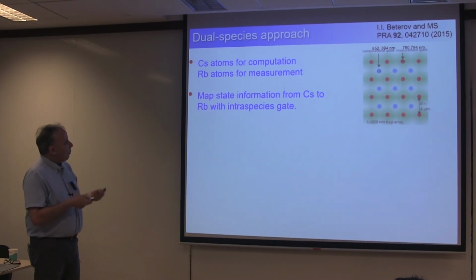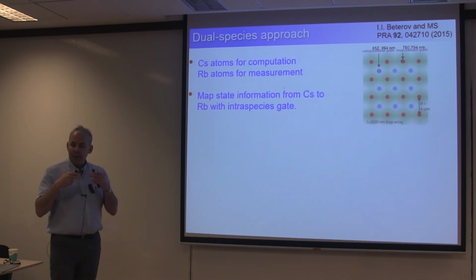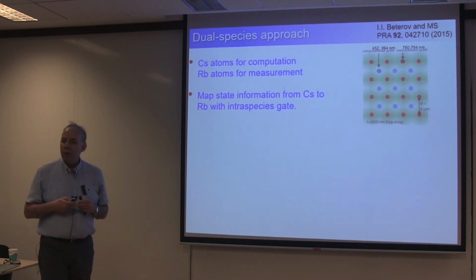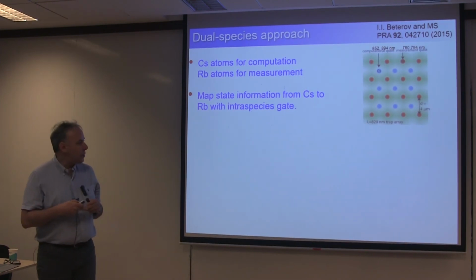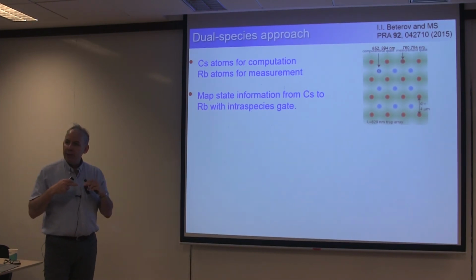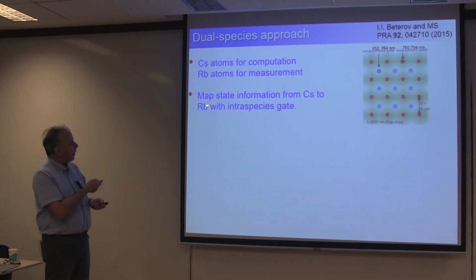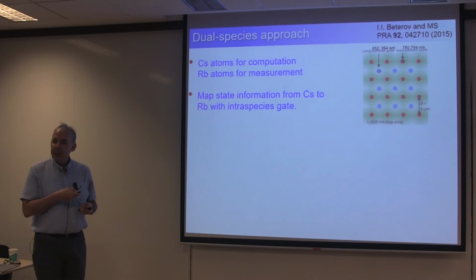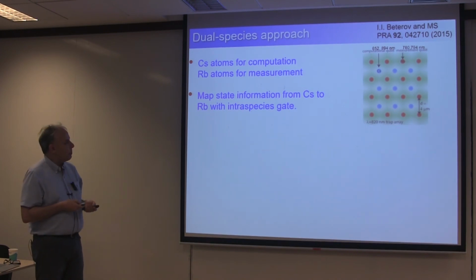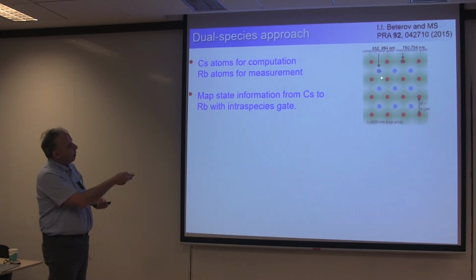So we can do that using a Rydberg interaction because these highly excited Rydberg states are present in any atom or molecule you might want to consider. And it turns out if you look in detail at the energy level structure of different atoms, it's possible to get even stronger coupling between atoms of different species than between two atoms of the same species. And so I could have a computational qubit here. I could map its state onto 4 neighbors and then perform a measurement in that way.